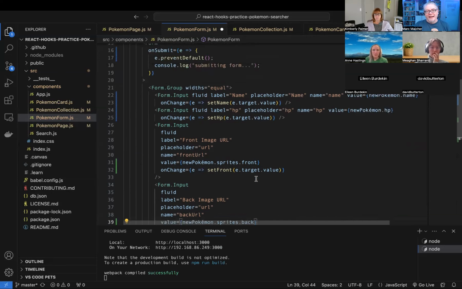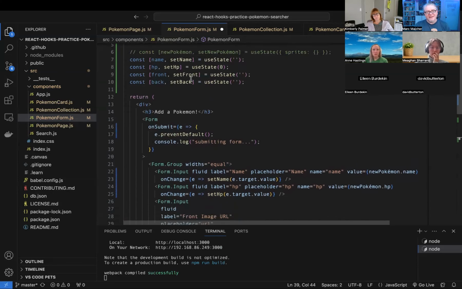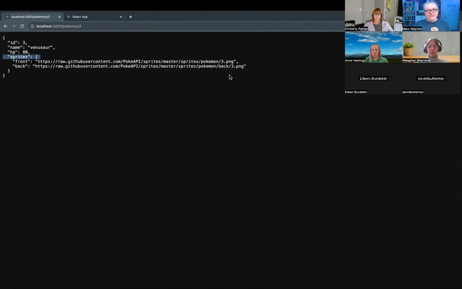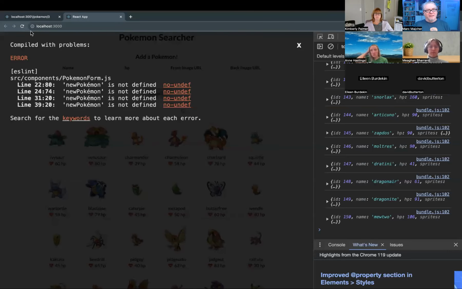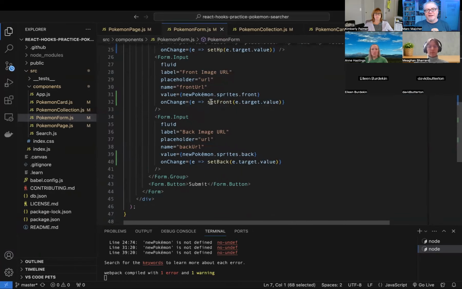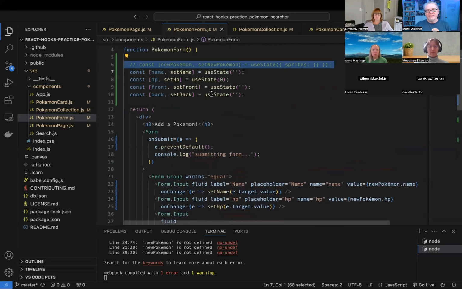Cool. So now we have 4 states, which means that when we do our post, we'll construct this object out of those 4 states. Cool. So now this form is completely controlled. In theory, new Pokemon is not defined, right? Because value is going to be